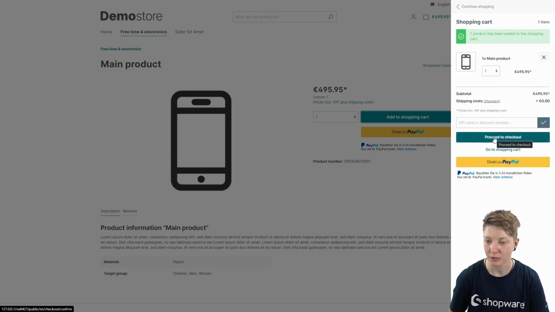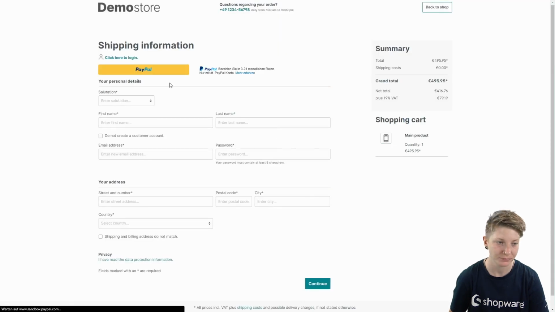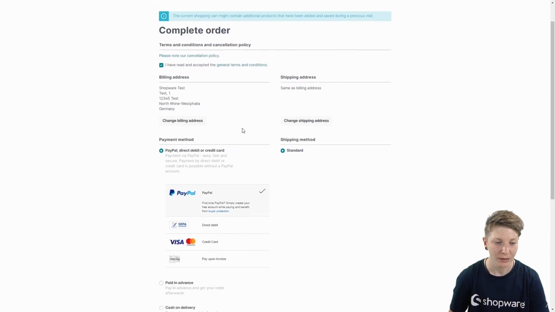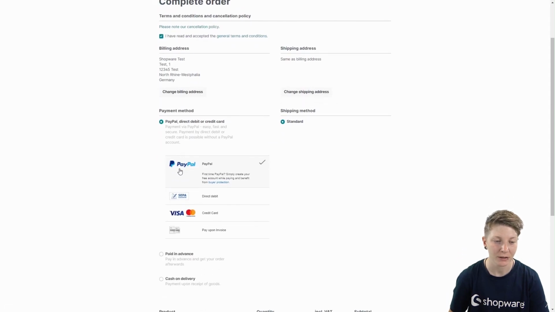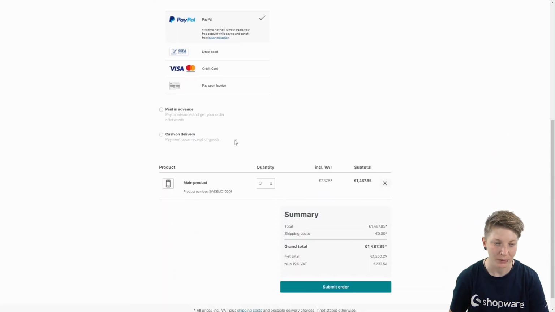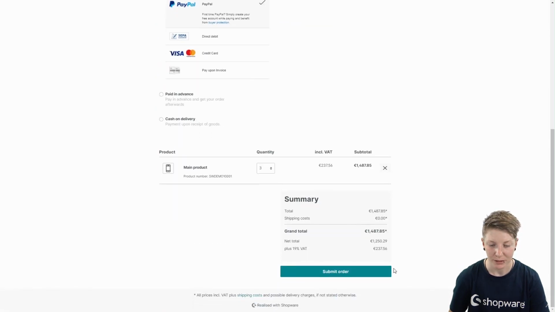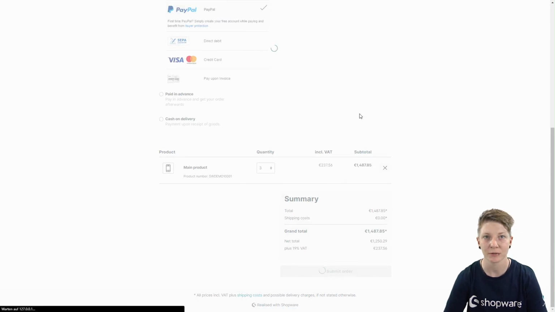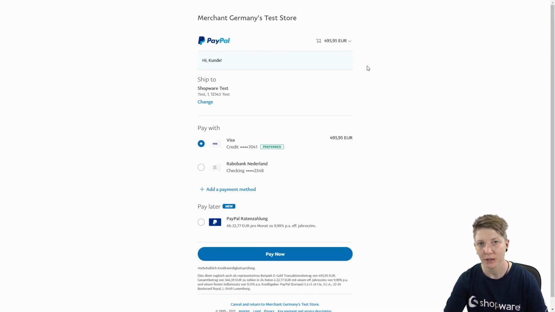And now we proceed to checkout. First, we have to log in. And then you can already see the payment method, PayPal, and our order. Click on Submit Order, and we'll be directly linked to PayPal. After you have logged into PayPal, you can now see all your login, your order information.